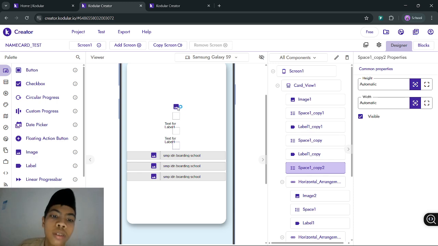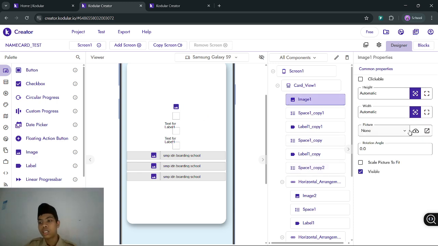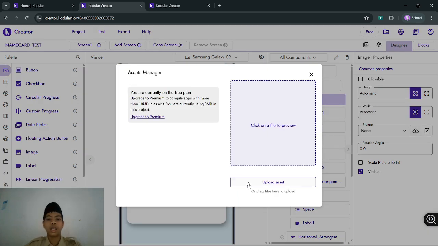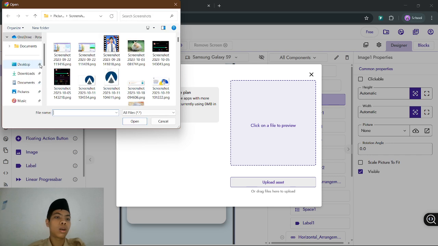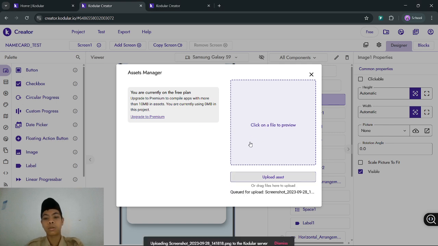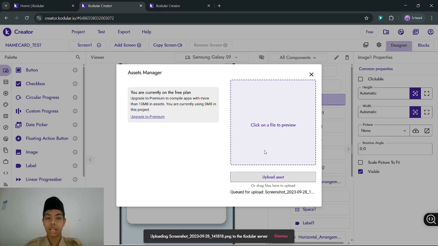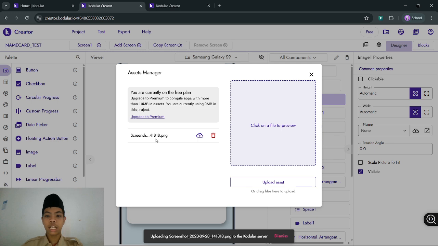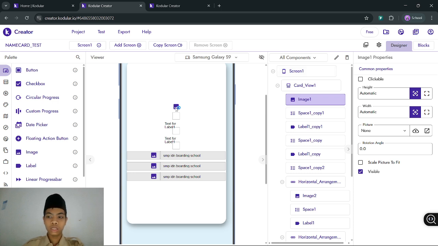So we start from the image. From the image, you just upload whatever photo you like in here. Maybe I just put this one and then wait. This is already done. Then close.